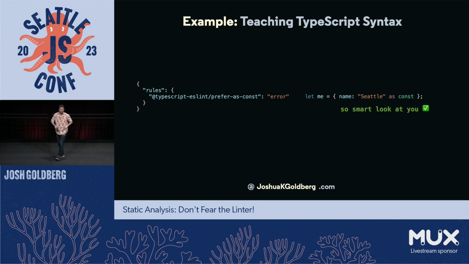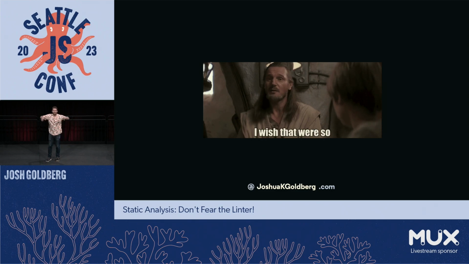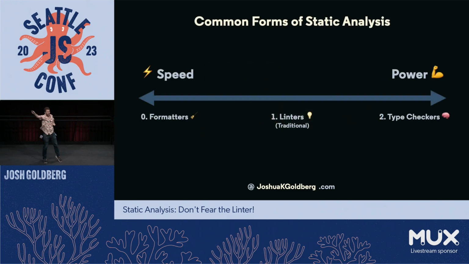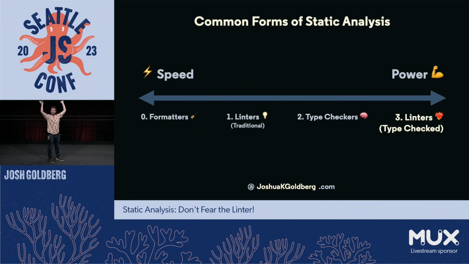This doesn't expose the whole awesomeness of TypeScript, because TypeScript has APIs for type checking. TypeScript can build an understanding of your project. And previously, all of our lint rules were just looking at little syntax things, nitpicking you. Wouldn't it be awesome if rules could build themselves on type checking? I wish that were so, and it is, because we unlock a whole new form of linting with TypeScript, type check linting, which, if you'll allow me to stand on a pedestal for a bit, is the value prop of TypeScript ESLint. And if you, say, are writing a linter that's built in Rust, hit us up, because I've yet to see any other linter do this, and I think it's really cool and really powerful.